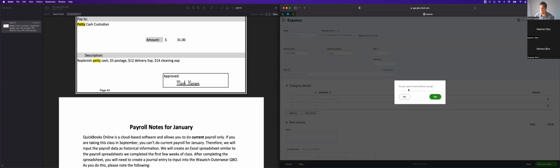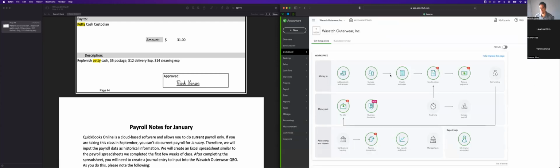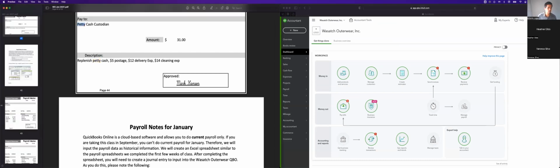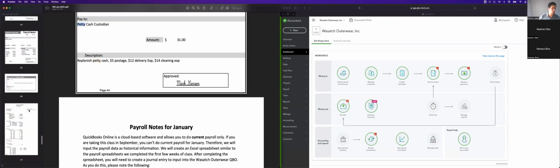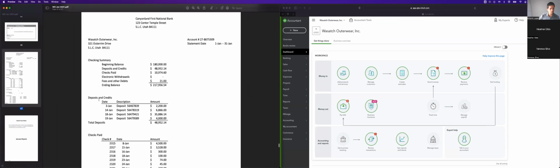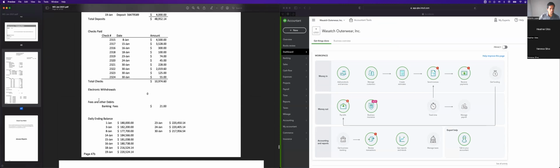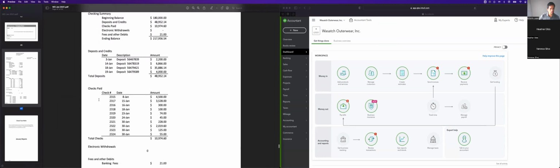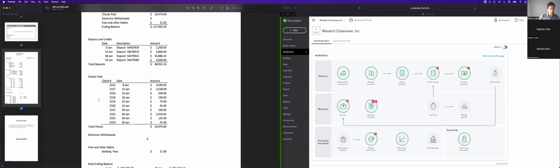Does that make sense? Yes, yes. Now I understood. Okay. Another thing that I get confused about as well, is there any difference between expenses and bills? Like when I pay gas or electricity or whatever, I usually do expenses, but then when it's an order or something like that, then I do it as a bill. Is there any difference? Does it have to go like that?